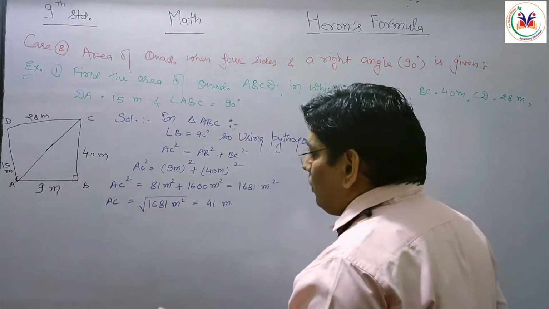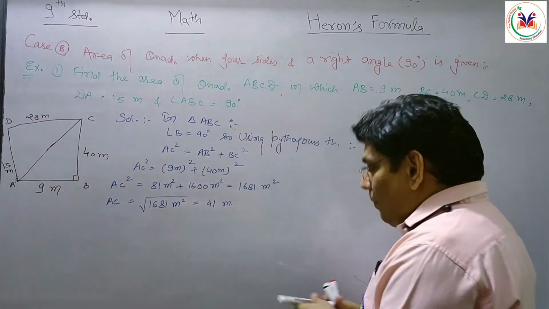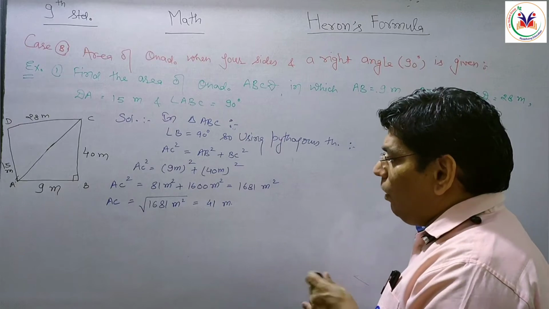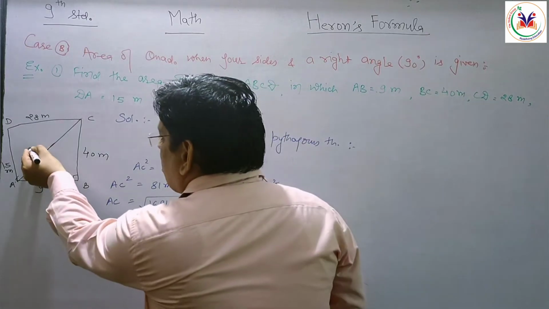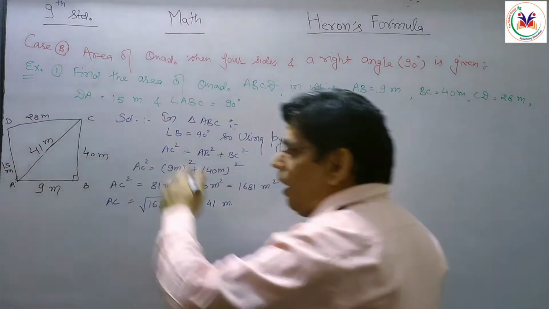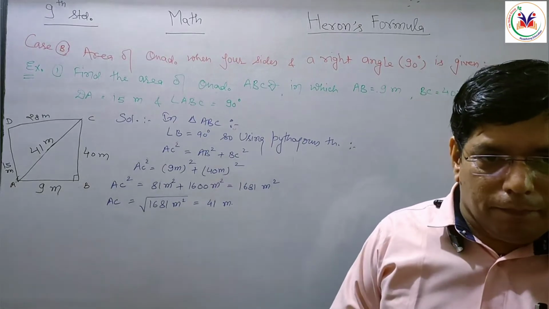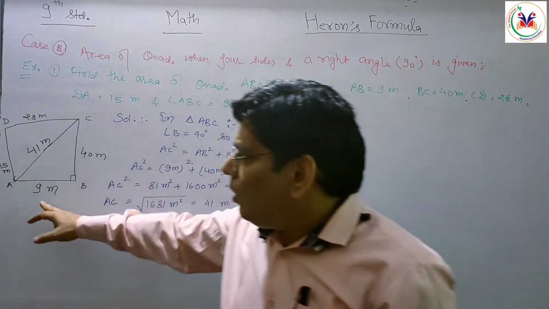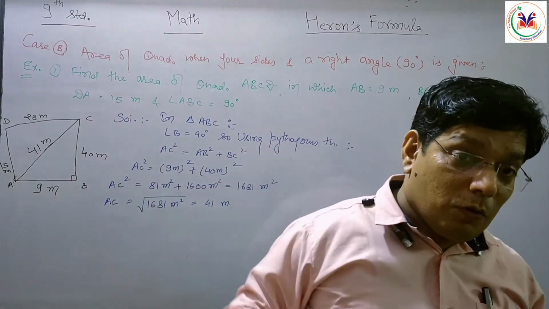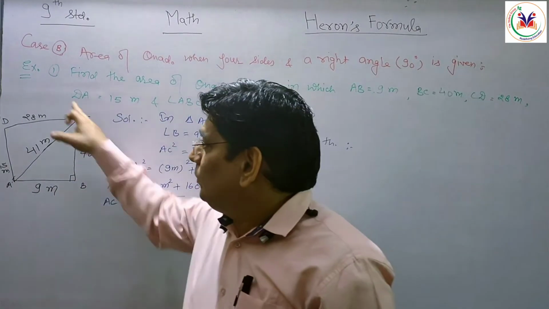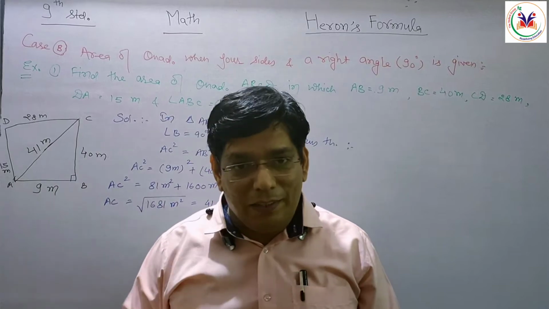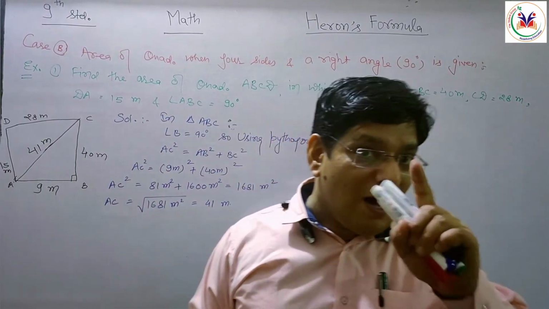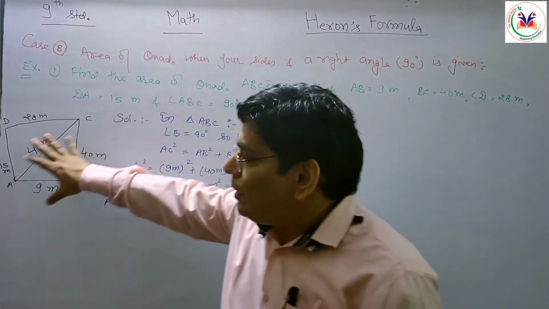So now the sides of the quadrilateral, we have got 41 meter. It is also 41 meter. Now look at the quadrilateral. क्या लगता है आपको देखकर? Don't you think कि ये question same previous question हो गया जिसमें आपके पास four sides और one diagonal given था? Am I right? वहां आपने कैसे calculate किया था इस quadrilateral को?